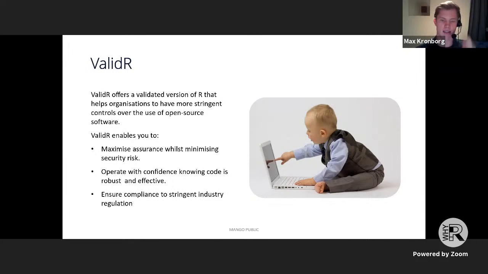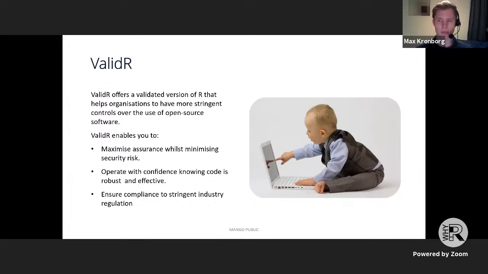Essentially we test R, and we then deliver a guarantee that the things that the client has asked for work, which means they can rely on it to function correctly. This is quite helpful especially for pharmaceutical companies and other companies that need to be able to rely on R as a great language, but to have the security that even though it's open source, it'll still work.